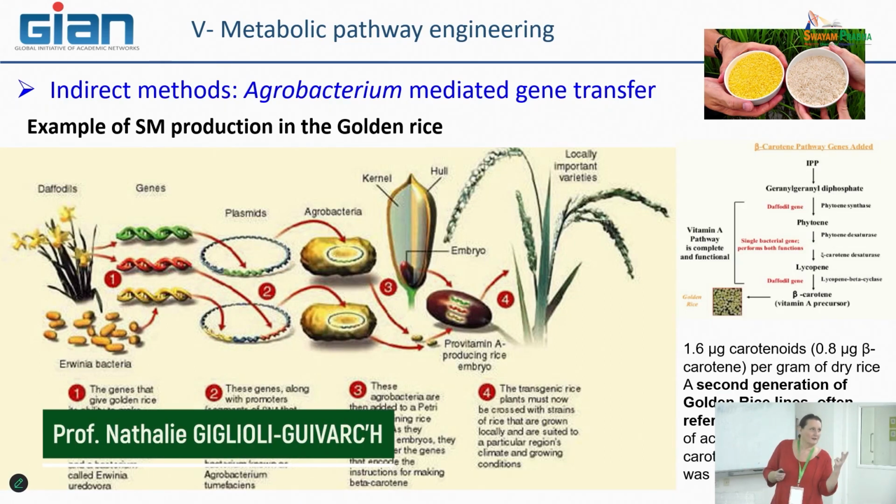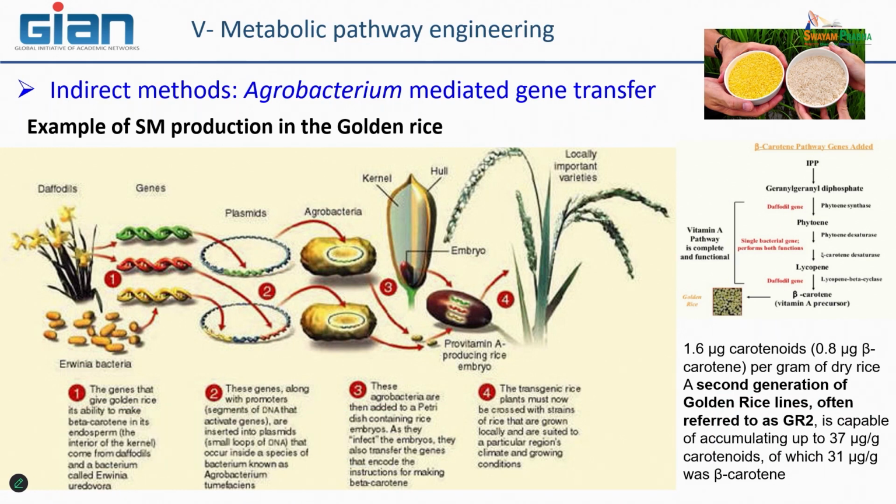So there are in fact three genes that have been chosen. The first one, which encodes the phytoene synthase, comes from this particular flower, because they have a very intense yellow color at the petal level. It is daffodils. And they have isolated the genes encoding the phytoene synthase, and also from this plant the gene that encodes the lycopene cyclase. Okay, that is the last step before carotenoid production.